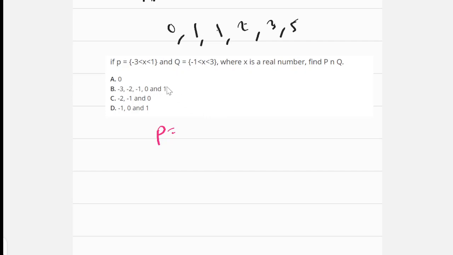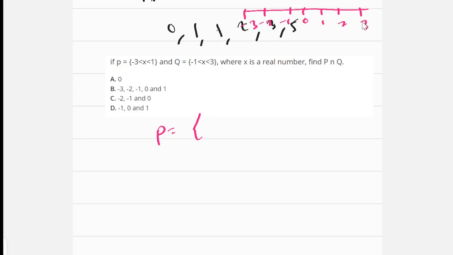S is greater than minus 3 but less than 1. If S is greater than minus 3, then your S will start from minus 2. Don't forget this is your number line: 0, 1, -1, -2, -3, 1, 2, 3. For those of you following my engineering mathematics class, I told you that when we say something is greater,